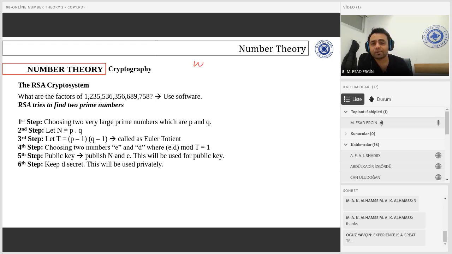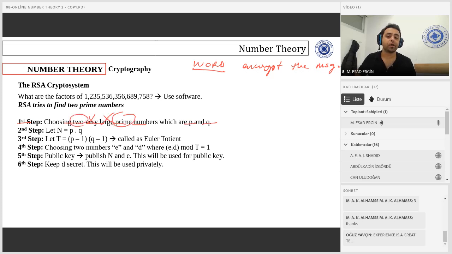If a word is given and you are asked to encrypt that message, in the first step you have to choose two very large prime numbers, p and q, but we are not going to use large numbers. We are going to choose two prime numbers which are a bit smaller, and the n,